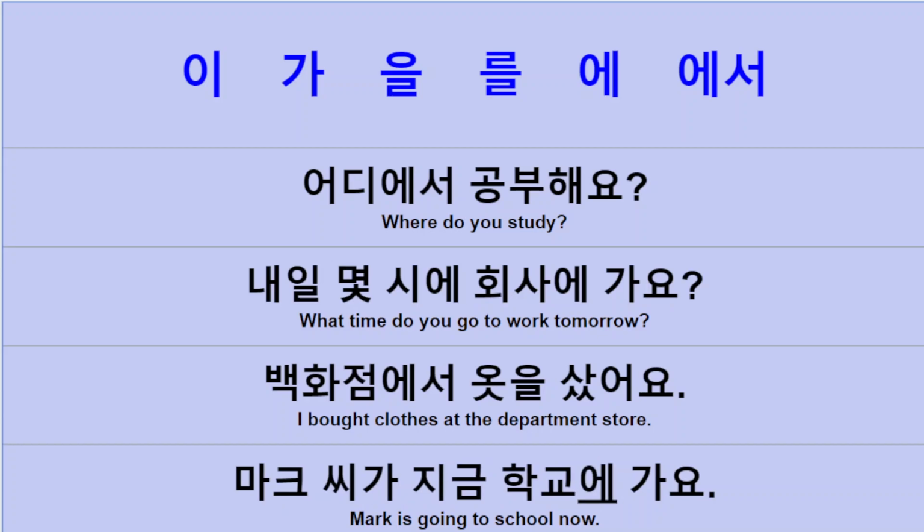학교에 가요. And 지금 means now. We don't have to put any time particle in English either, right? Just "now," no particles. No "in" or "at" or "on." Yes, here too, we don't have to put any place or time particle. Next one